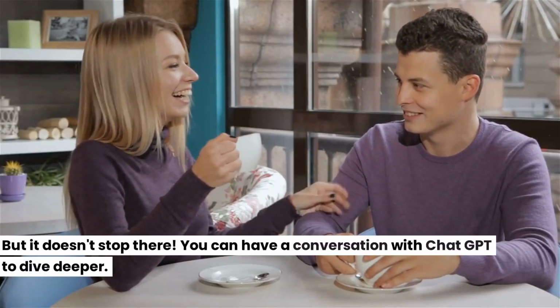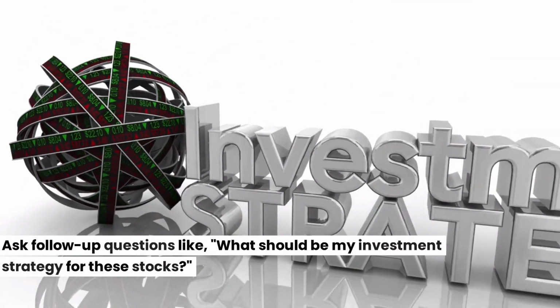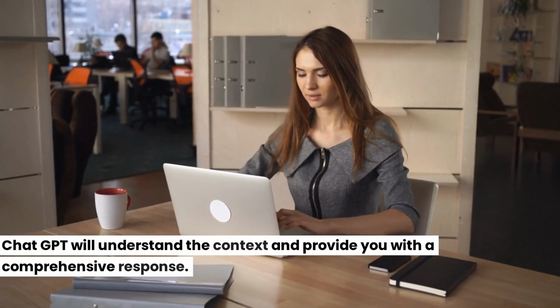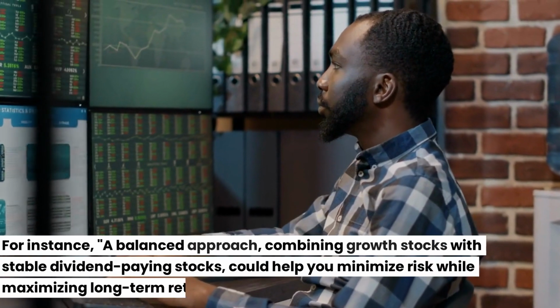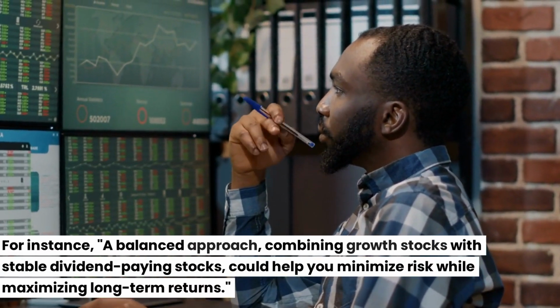You can have a conversation with Chat GPT to dive deeper. Ask follow-up questions like, what should be my investment strategy for these stocks? Chat GPT will understand the context and provide you with a comprehensive response. For instance, a balanced approach, combining growth stocks with stable dividend-paying stocks, could help you minimize risk while maximizing long-term